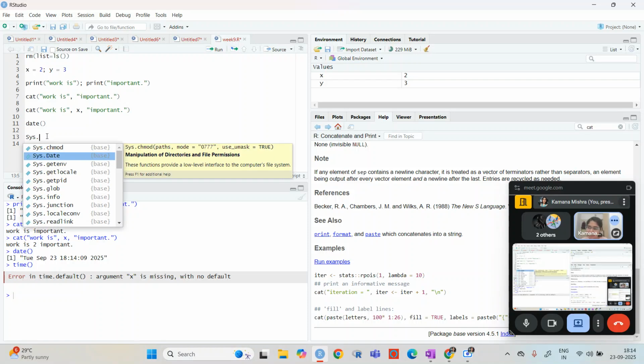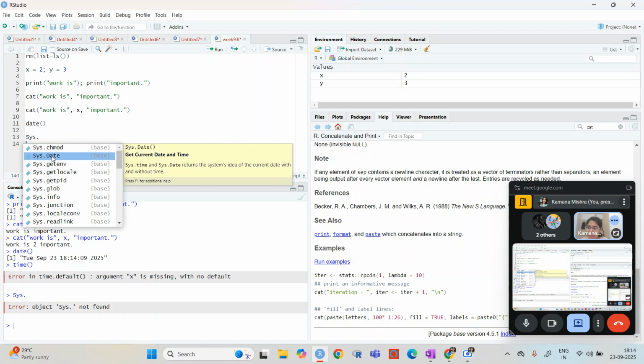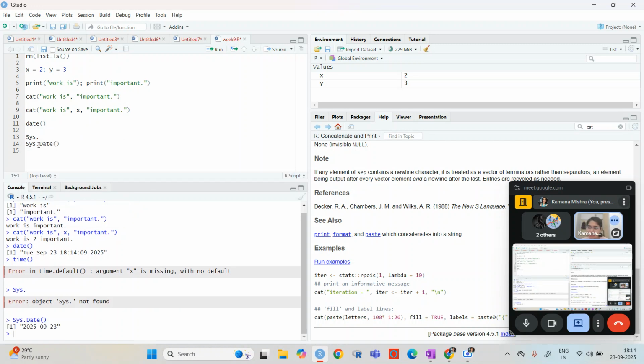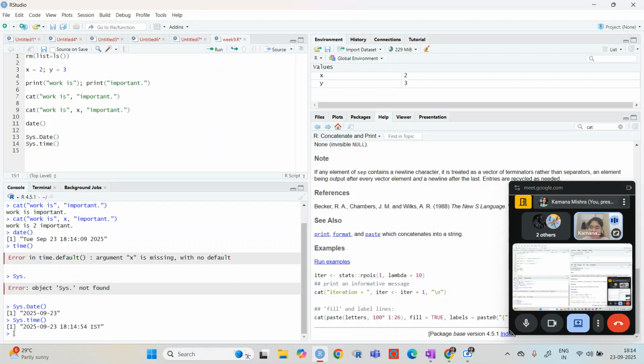System date, and if I have sys time, then I will have system time. Or we can just have this date, which will show everything, the time, and it is also showing that it is Tuesday 23rd September, and then the exact time and year.